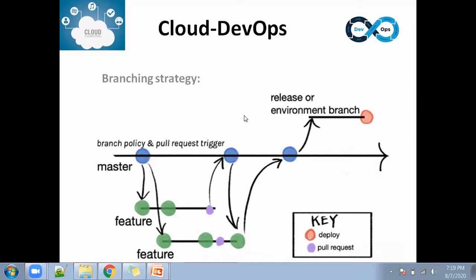So for example, you have made some changes in the master branch and you don't want any others to commit to the master by mistake. So you will ask them to create their own branch and then do the modifications in the newly created branch, do a pull request, and do the merge. So we'll see that approach, how that looks.